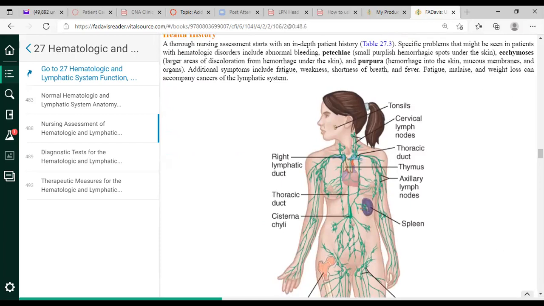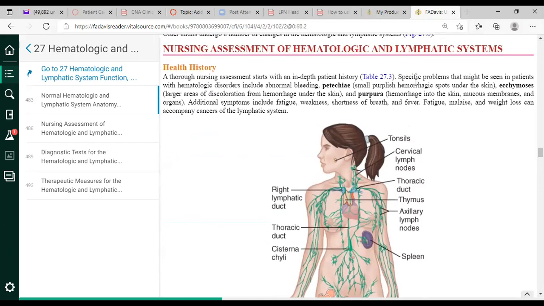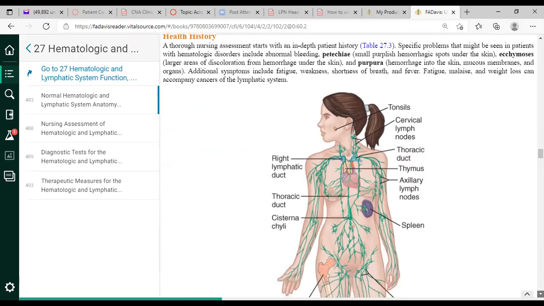And just some terms that you want to familiarize yourself with: petechiae, which is small purplish hemorrhage spots under the skin, which can be a sign of bleeding, where your patient is actually bleeding internally. And ecchymosis can be a discoloration from your patient hemorrhaging under the skin, just as well as purpura. And it actually show you